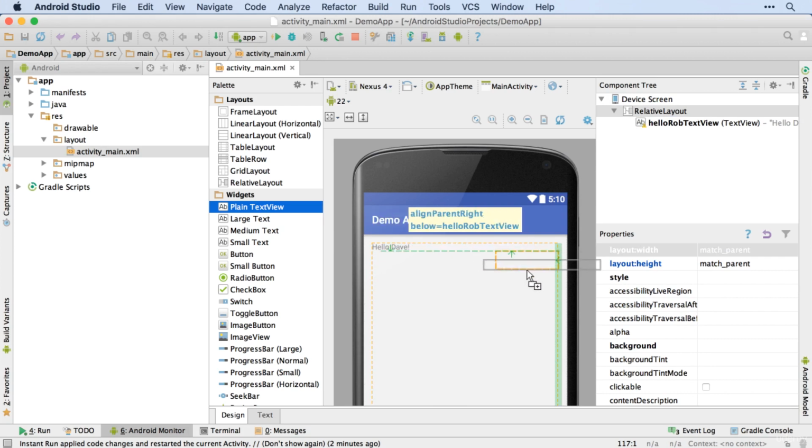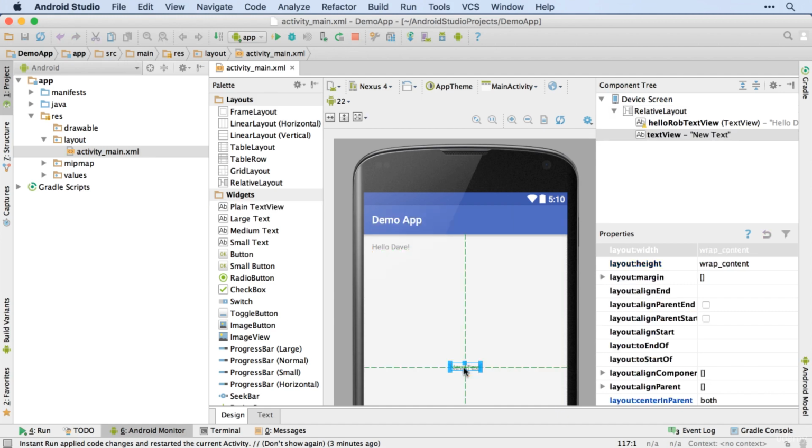and just see what the options are and just spend a bit of time messing around with this. So we can align it to the top right, for example. So there is the top and right of the parent, i.e. in this case the relative layout, the container. If I drag it down a bit, then that's aligned to the top of the Hello Rob text view, or it could be aligned to the bottom of the Hello Rob text view, or I can center it in the middle. I can center it vertically as well,